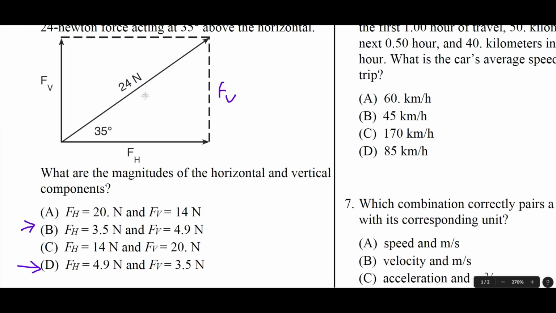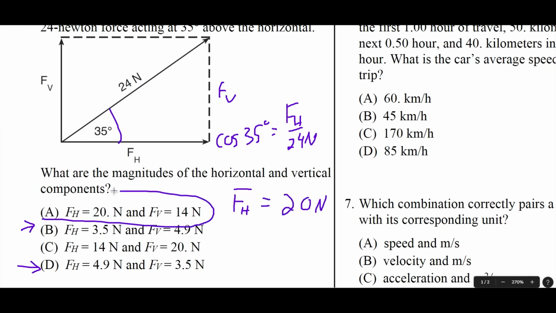But if you wanted to actually do the math, what we would do is pick only one side. It doesn't really matter which one. Let's go with the horizontal. This is adjacent to the angle, so we're going to use cosine of 35 degrees equals FH over 24 newtons. I didn't write the equation because again, I'm using a mouse right now. But when you plug this in, making sure that you are in degree mode, you will end up getting about 20 newtons. So the horizontal component is 20 newtons,